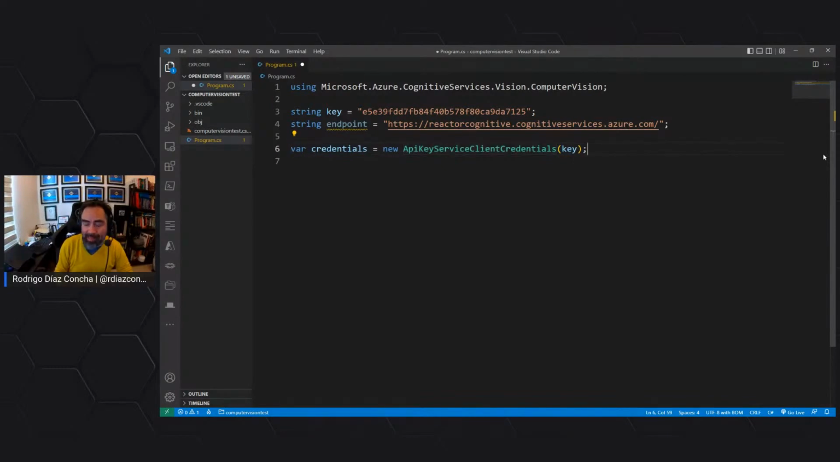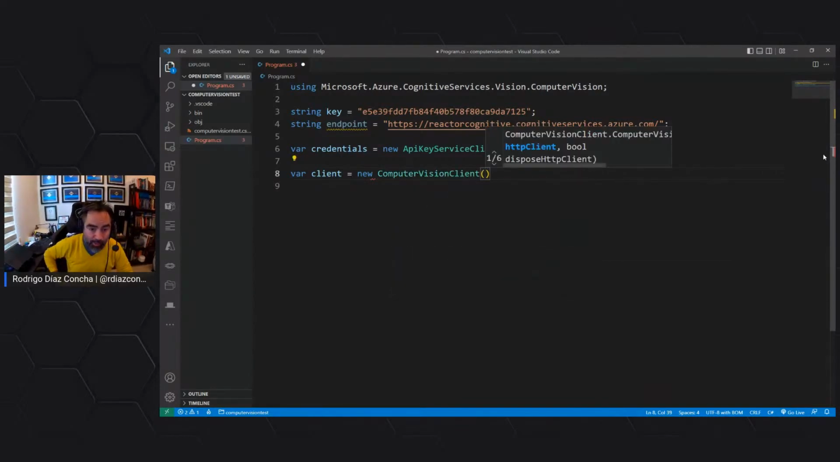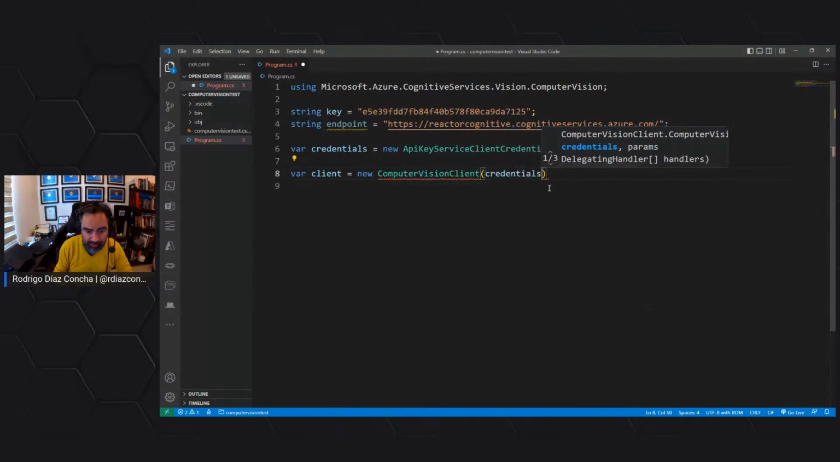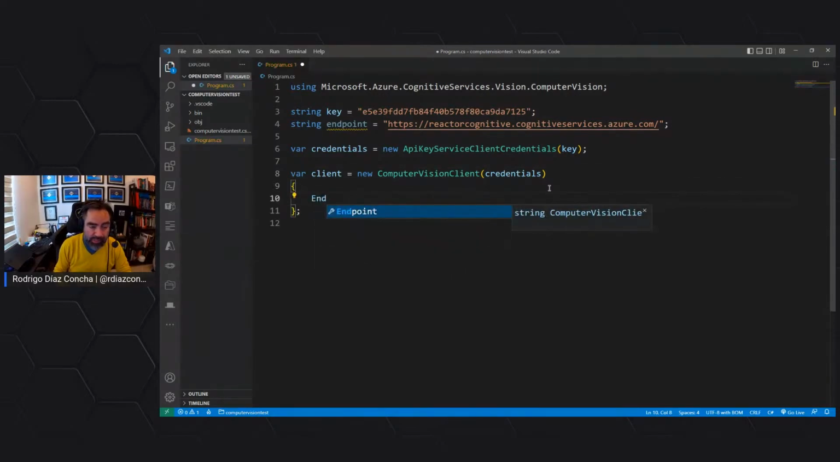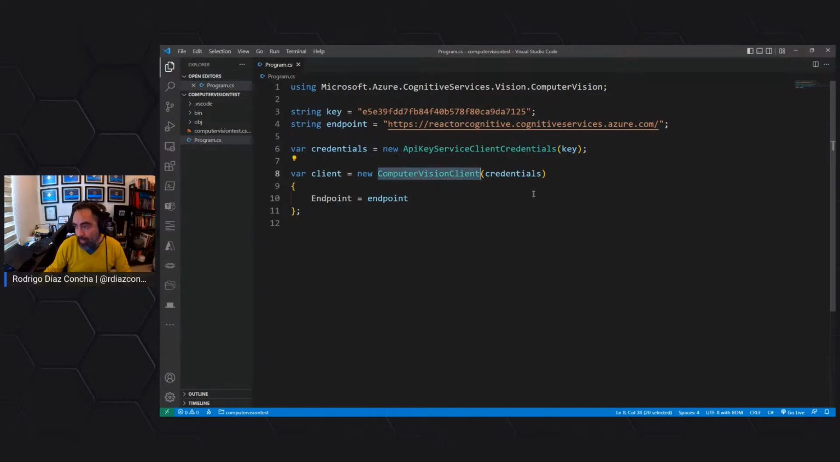However, we have another class, which is, let's say, client. This is gonna be my variable for the computer vision client. This is the name of the client for connecting to the computer vision service. Okay, so I need to pass the credentials object, and now I need to specify the endpoint name. So as you can see, I have this property, and I can pass the endpoint variable here as its value. Okay, so I have the credentials, I have the computer vision client, and now I'm ready to use the different